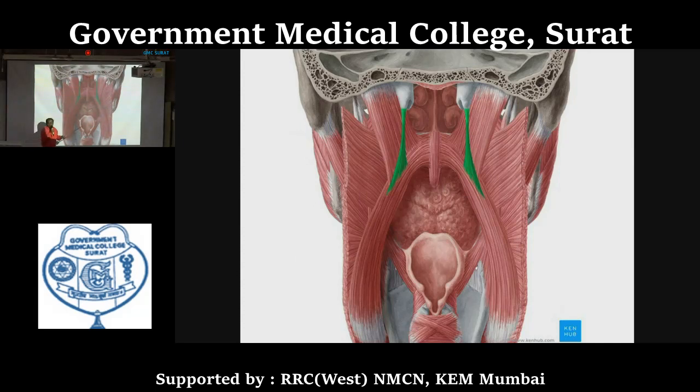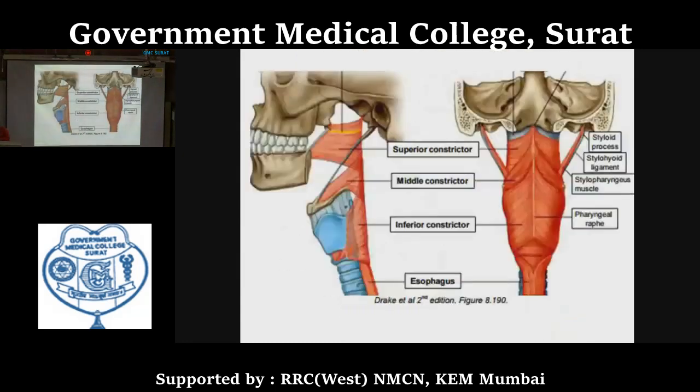Here this green colored muscle that extends from this tube, the auditory tube, and passes downward, is the salpingopharyngeus muscle. Now this diverging muscle, this one is the soft palate. So the muscle diverging from the soft palate is the palatopharyngeus muscle. So one can see the salpingopharyngeus and palatopharyngeus muscles. And a third one is the stylopharyngeus muscle.